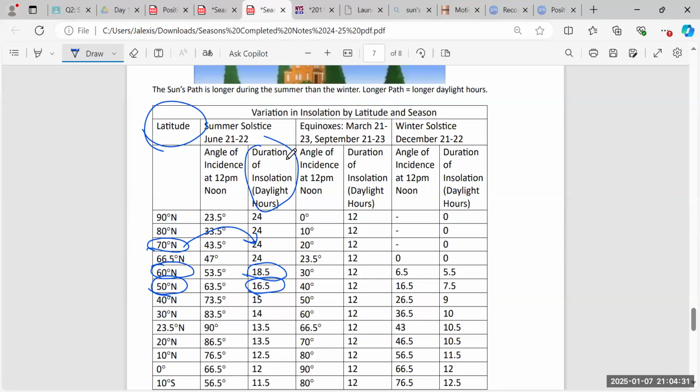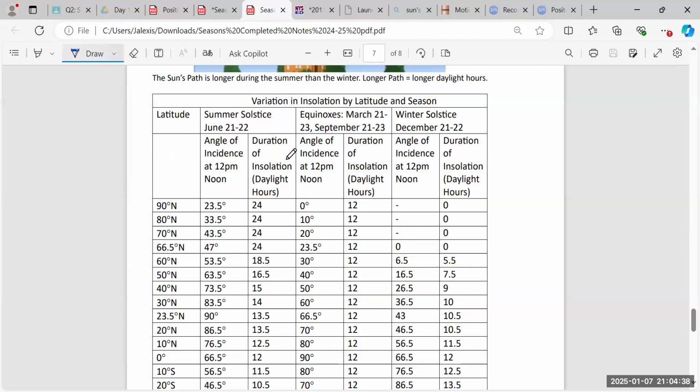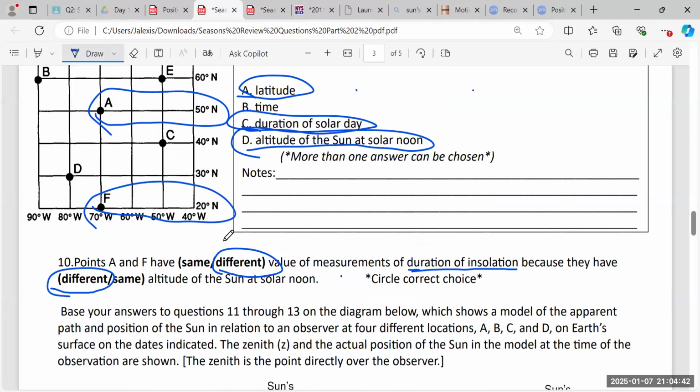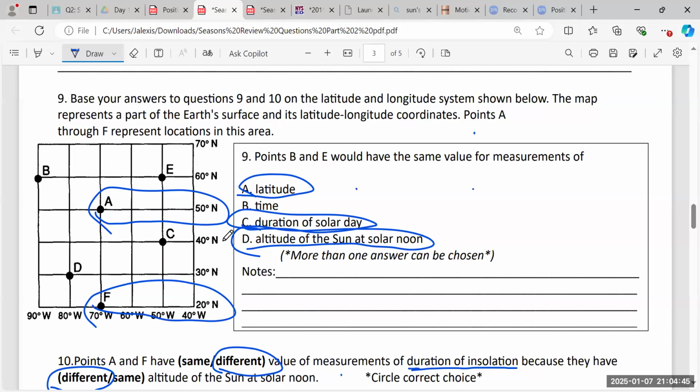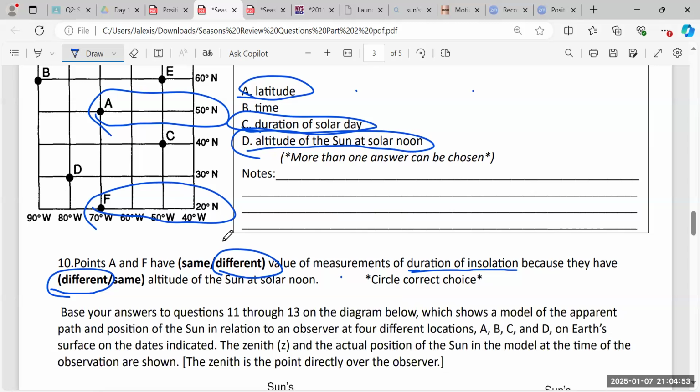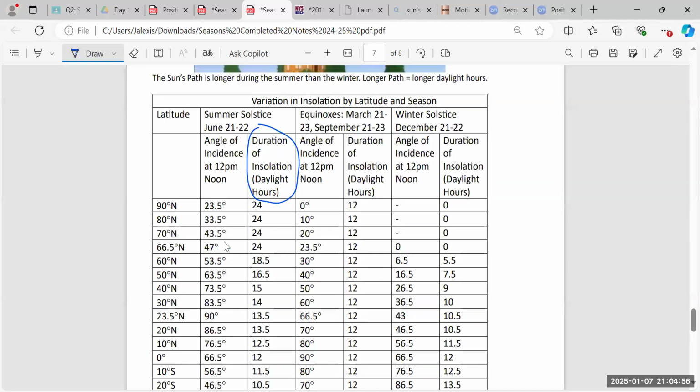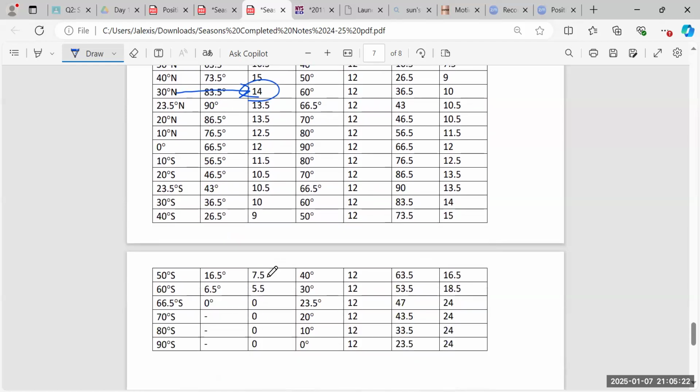When we did our lab, you can see right here our duration of insolation does change. Latitude points represent the same values of, yes, 1, 2, 0, 2. All right. What's important that we see here is the duration of insolation changes as your latitude changes. 80 degrees north compared to 30 degrees north, different durations of insolation. Now, if this was the equinox, all latitudes would have the same. But generally speaking, when you're changing your latitudes, you're definitely also going to change